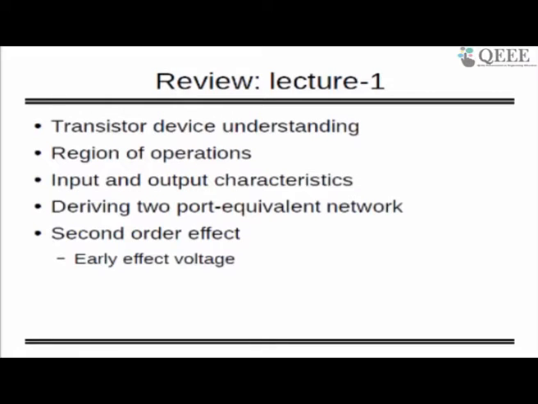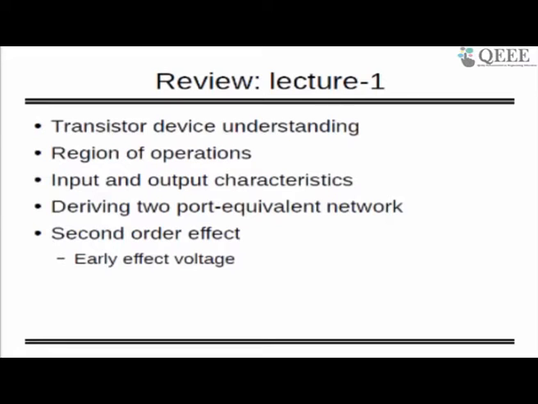So these are the things we studied, and other than that we studied a two-port network, which in turn is used for small signal model analysis, to find out the AC gain. Those are very important things, and we derived that using the Y parameter. Similarly, you can derive it using the Z parameter or different parameters. Some books follow the H parameter. All are equivalent, but there was a question in the first lecture itself: why only the Y parameter? We follow it because it looks easier to find the input and output impedance.